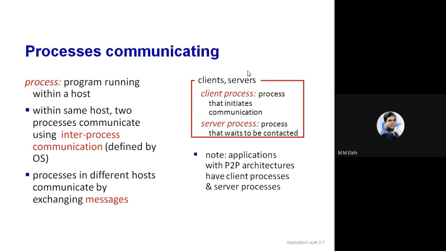Okay. Then we have also started process communication, and we said there are two types. One is communication of two processes, both residing in the same host. Like we can copy text from MS Word to PowerPoint, right? So it is copied, but this is not networking. This is maintained by the operating system using a common memory. So what is networking? When two processes reside in two different physical machines.